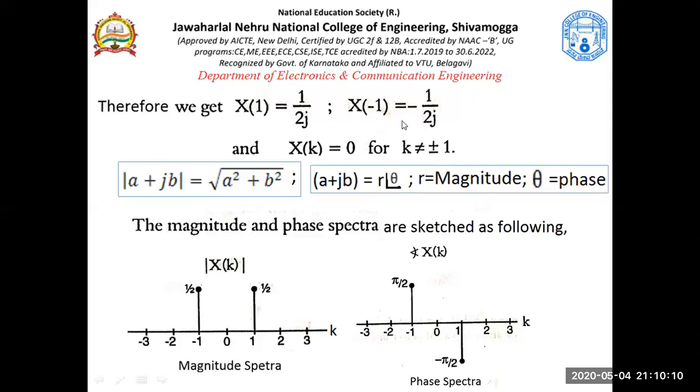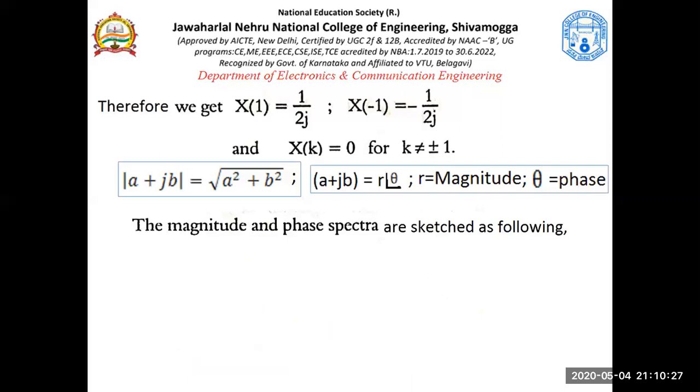And when would there be a phase? When they are complex numbers, there would be a phase. If it is a real number, there will not be a phase. If there is a j term, yes, phase is there. Otherwise, the phase is zero. Real terms don't have phase. Okay, maybe we'll see such examples in the coming problems.